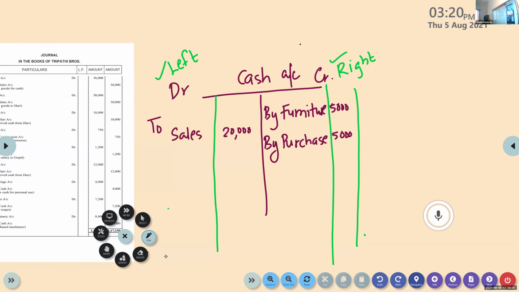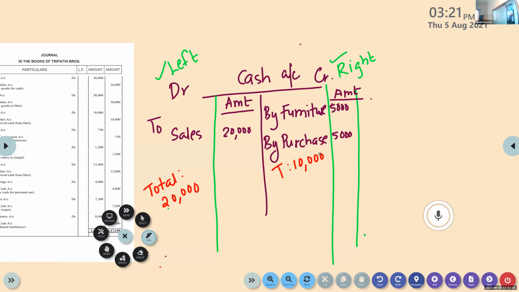For balancing, what we do is, first we will find out the totals of the amount column. Amount, this is amount, this is also amount. Find out the totals of the amount column. So, on the debit side, what is the total? This is just rough, okay? Total is 20,000. Am I right? There is nothing else. Only a sale is given. Here it is 20,000. And what is the amount on the credit side? Total, it is 10,000.